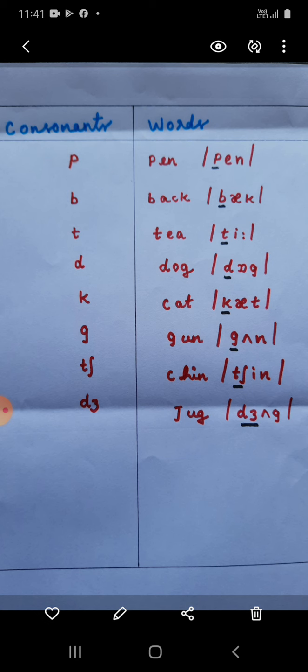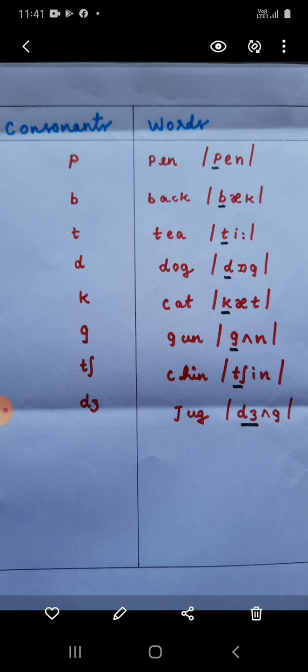The last sound we are going to deal with today is the J sound. Please don't confuse this. Small letter J is also coming, but not now. Later it will be taught to you. Now we are studying the J sound and how to write that. We write small letter D and a 3. Understood? Together they give you the sound J.